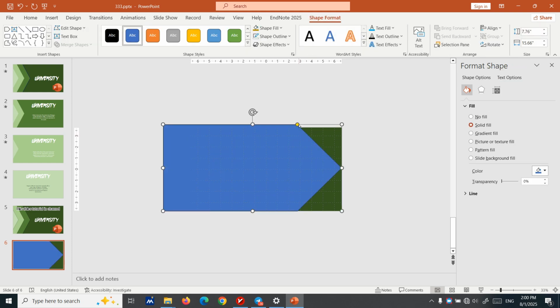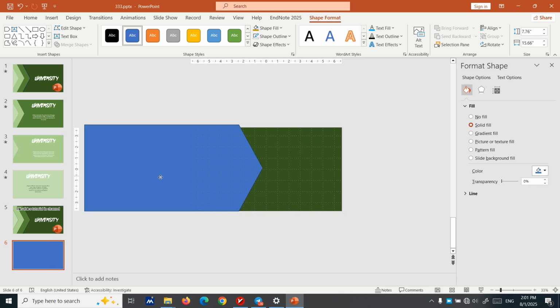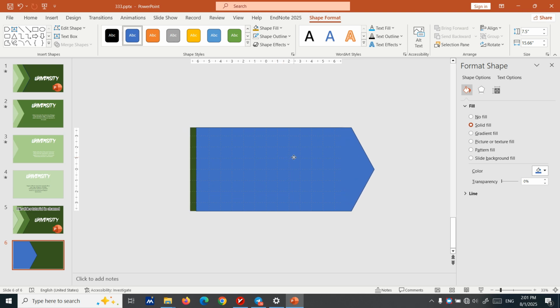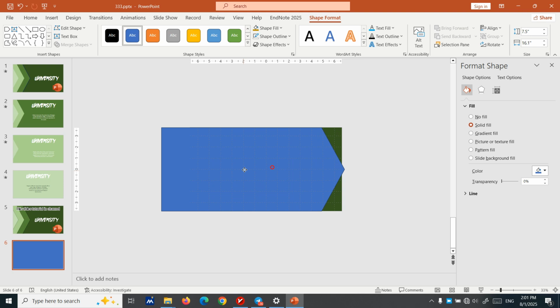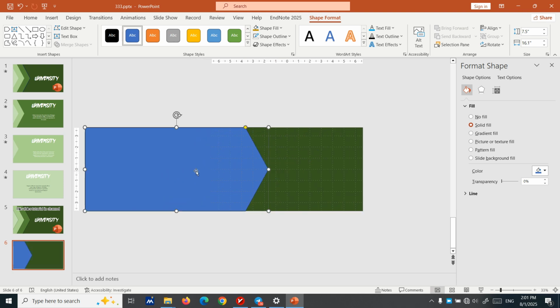Okay, it's good. But you see we need to reduce the angle a little. It's good. Now we bring it back, but you see it's not okay. It's aligned the best. Now we need to increase it in size a little. Okay, it's good. Now we need to put it here